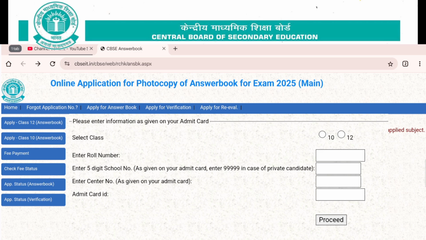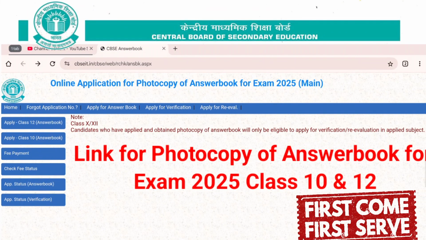Now if you are a private candidate, then you don't have any school, so you can enter 5 times 9 as the school number. Then you need to enter your center number, and at the last you need to enter your admit card ID. So you need to have all these 4 things: your roll number, school number, center number, and admit card ID number.